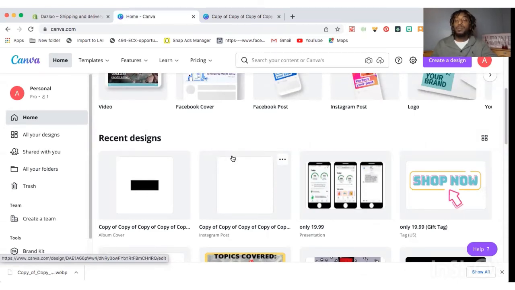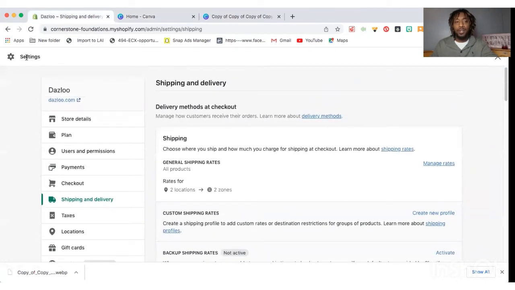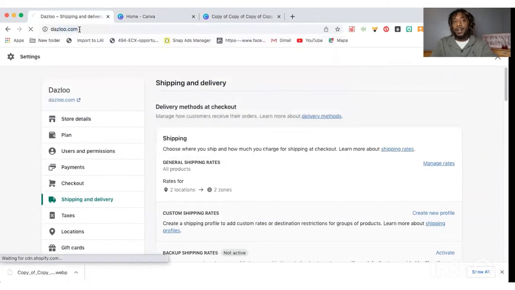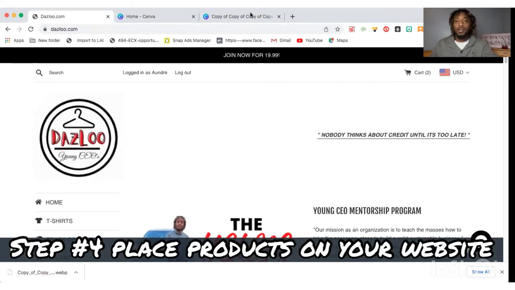And I believe, especially nowadays, it's very important to have a website because a lot of the customer base is online, right? So a lot of online marketing, especially nowadays due to COVID and everything else that's happened in history. Being able to create a website is going to put you ahead of the game, where you're able to share your website and generate sales using your website. Now, that's going to be step number 3, designing your logo, and not only your logo, but also your website. Now, number 4 is going to be placing the products on your website.